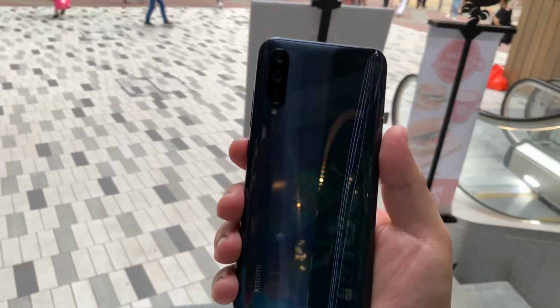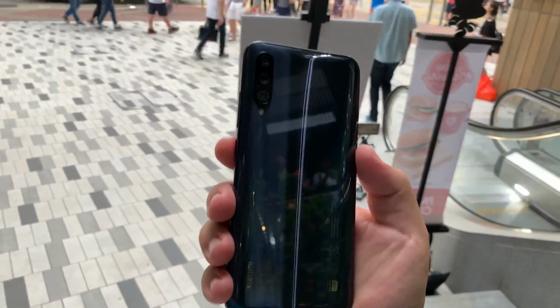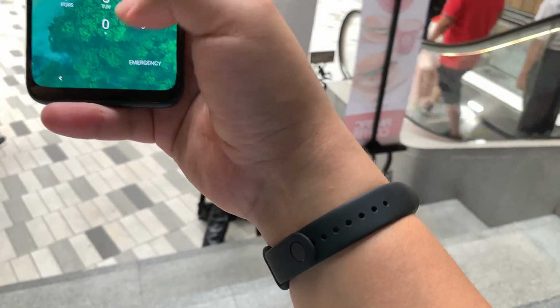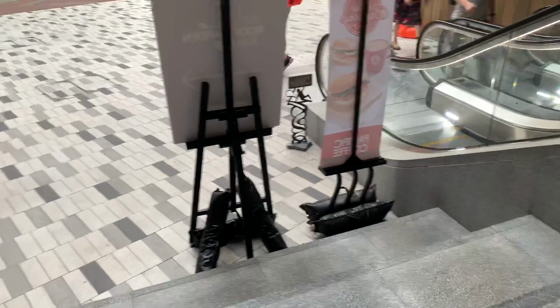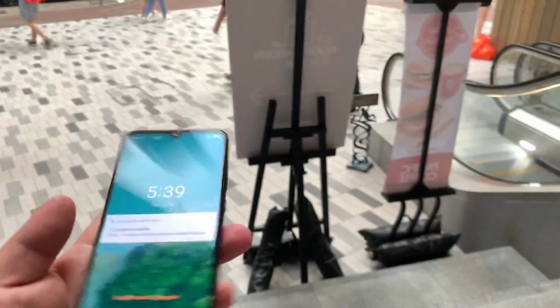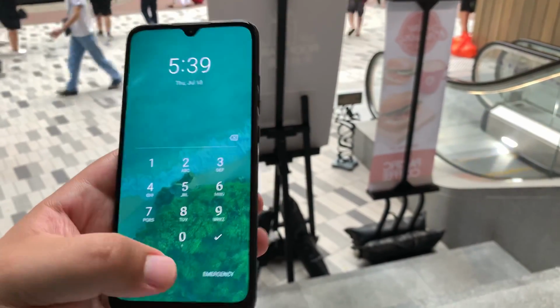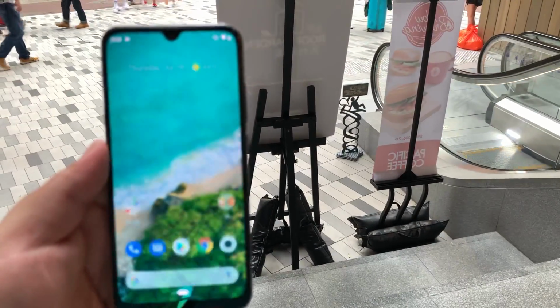Let's see what this display looks like. I am having this initial reaction along with you guys. So here we go, 1, 2, 3. And let's go ahead and try the fingerprint scanner. And I haven't set that up yet. Actually, let me switch hands here with the video because I've set it up with the left finger. I'm left-handed, by the way, guys, if you were curious. So this should work. Let's see here, 1, 2, 3. Okay, that's not very promising right there. But I will say, just from initial impressions,